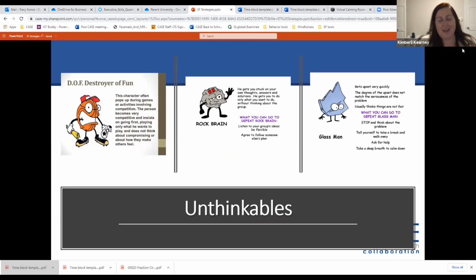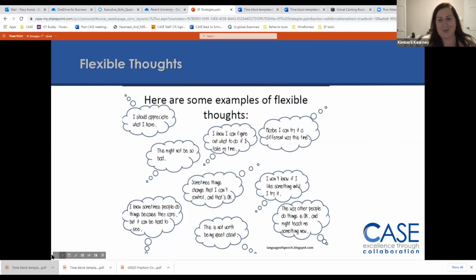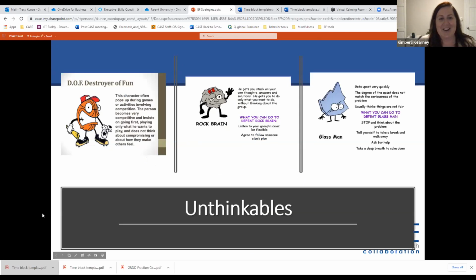So 3 unthinkables that relate to Jaden are Destroyer of Fun, DOF, Rock Brain, and Glass Man. So I'm going to briefly describe what these unthinkables are and how we talk about them and how we teach these concepts. And so what we say is that these unthinkables can become active in your brain. And we wouldn't go around calling a kid a rock brain or a glass man or say you're being a destroyer of fun,